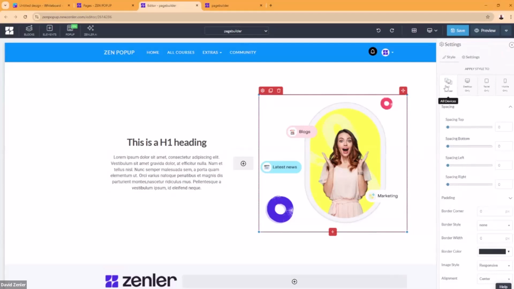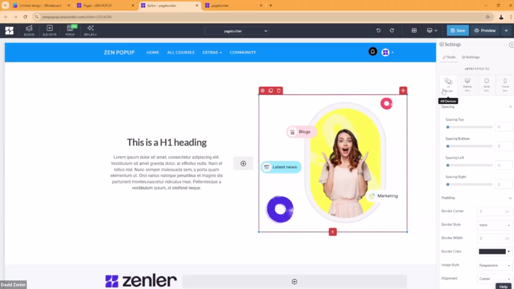And you'll also see apply design to desktop, tablet and mobile. A lot of people make the rookie mistake, right? And tell me again if you guys are one of these. Yeah, Command Z or Command Y for Mac users. A lot of people make the mistake of thinking, okay, so if I go into desktop, that's going to look for desktop, that's going to look for tablet, that's going to look for mobile.